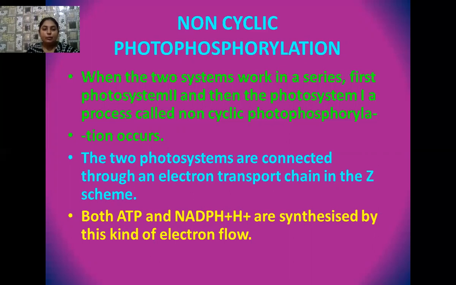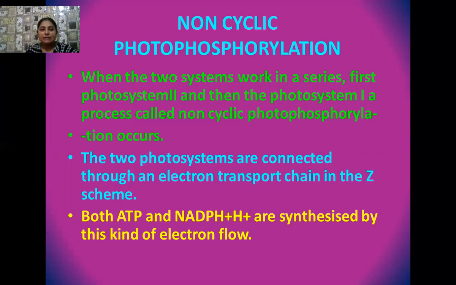And finally, when it loses most of its energy, these electrons fall into photosystem 1, that is P700. When 700 nanometer light reaches these electrons, they again move uphill, and in order to come back to their ground or stable state, they again come in contact with various electron receptors. In this way they come in contact with ferredoxin, then a different type of electron receptor, and in the last they have contact with NADP plus.